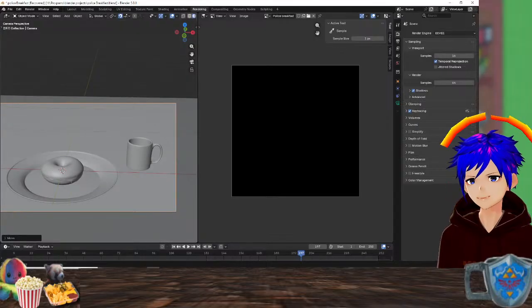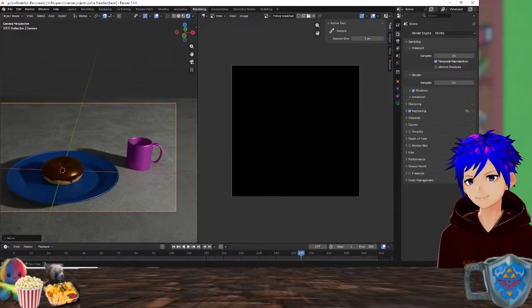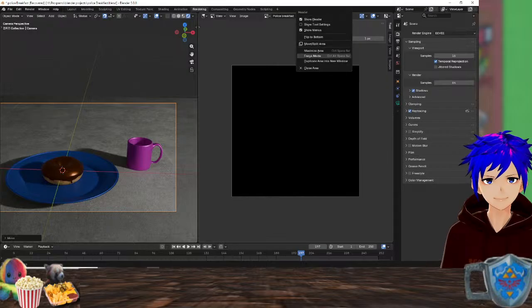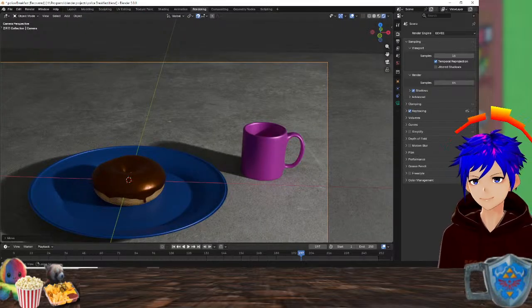Yeah, that looks about right. Close area.